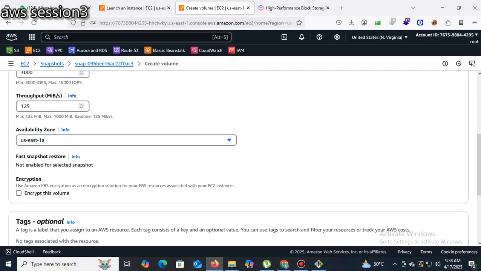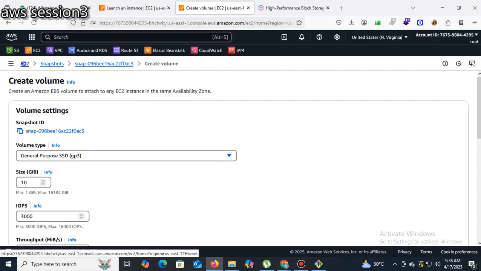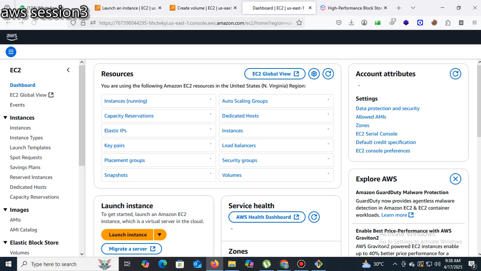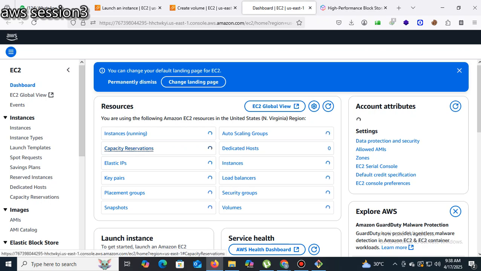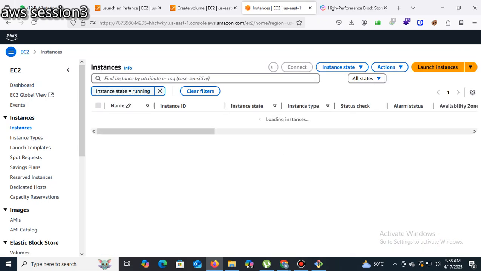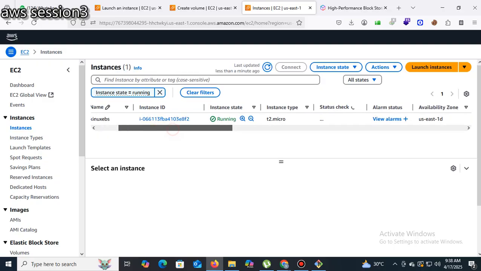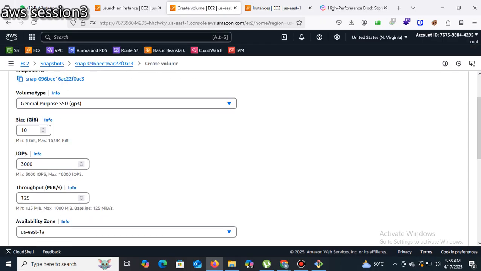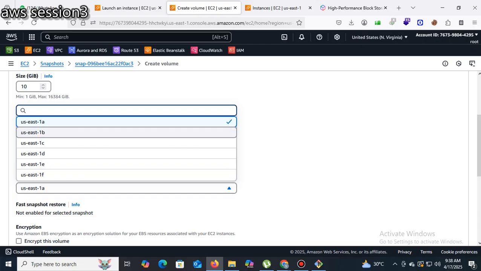We can increase the GB if we want. Check the availability zone where the EC2 instance is created. Generally it will be created in 1D by default, so the volume needs to be created in 1D.